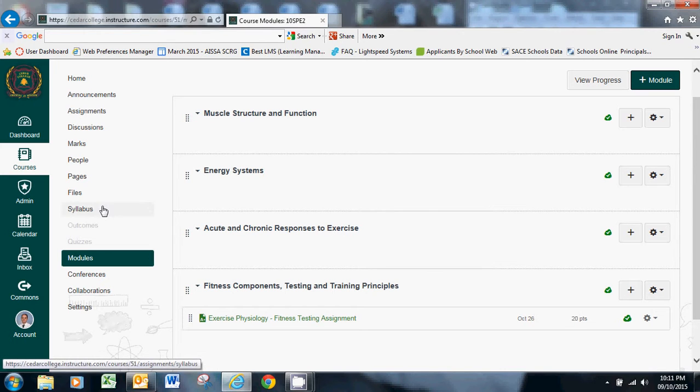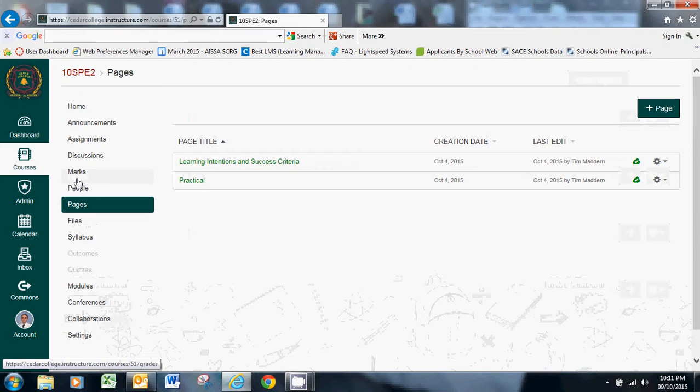So we've looked at syllabus, we've looked at modules. The last thing I want to touch on briefly is pages. So obviously we can create pages for any reason that we would want to. If we want to provide information on a particular topic, or an introduction for a particular topic,